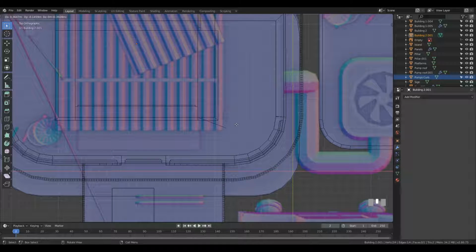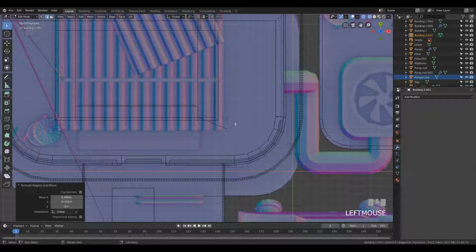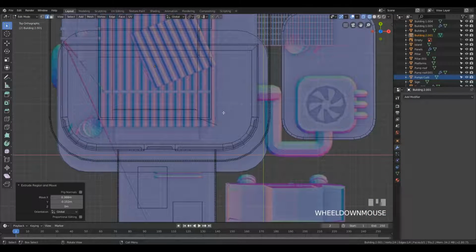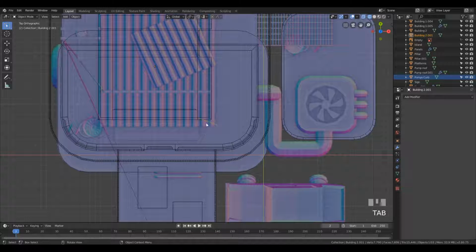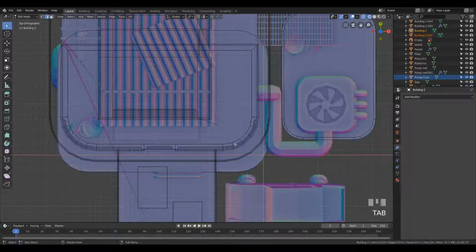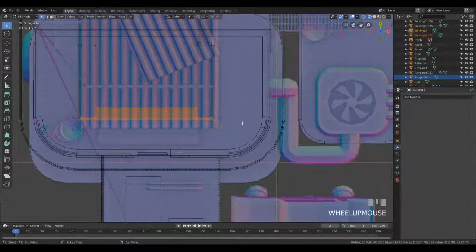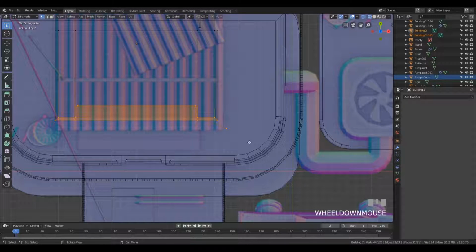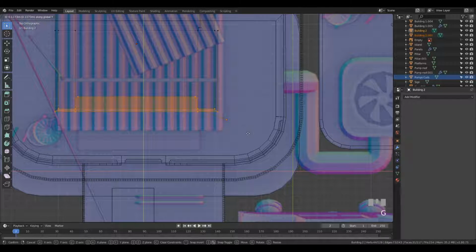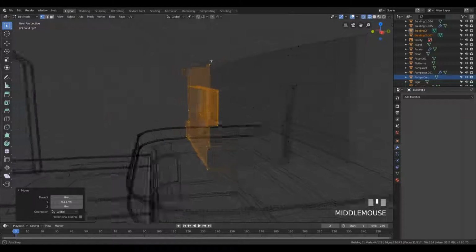Yeah, maybe we need to just copy the angle of that, because as you can see on the reference, the building was a little bit shorter here. But we can fix that, no problem. Let's just tab out and shift select this one as well, tab in, vertex select, and drag a selection around everything here, and just press G and Y and move it a little bit here. Maybe